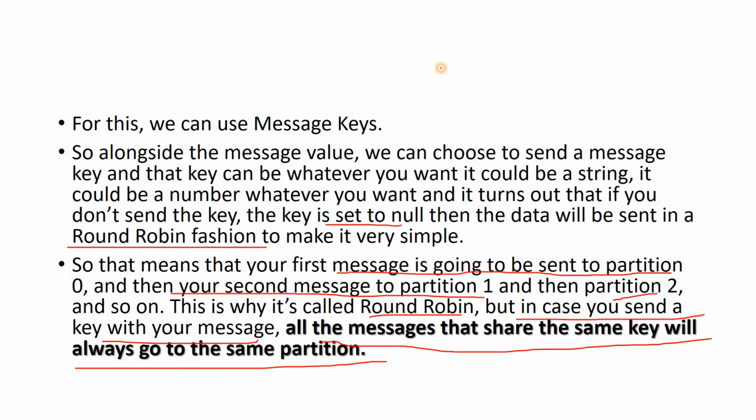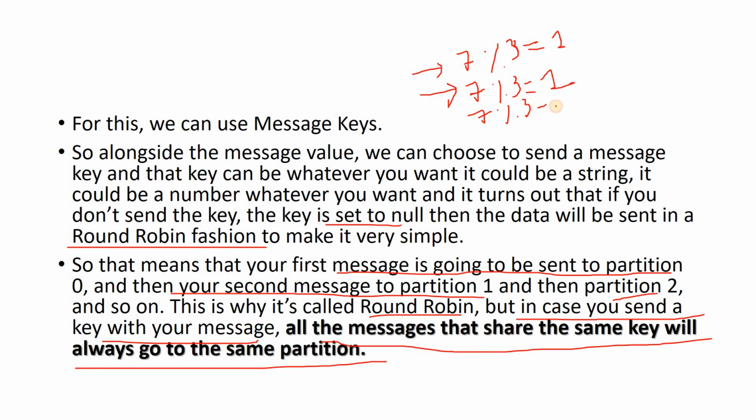Okay, so suppose I am sending multiple messages. And suppose for all the messages I am sending a common key, 7. Now suppose my hashing algorithm is the same one I discussed: first I divide by 3, and whatever remainder I get, I use that to decide to which partition the data will go. So if we are passing the same key, then after applying the hashing we will always get a constant output. Like here also I will be getting 1,